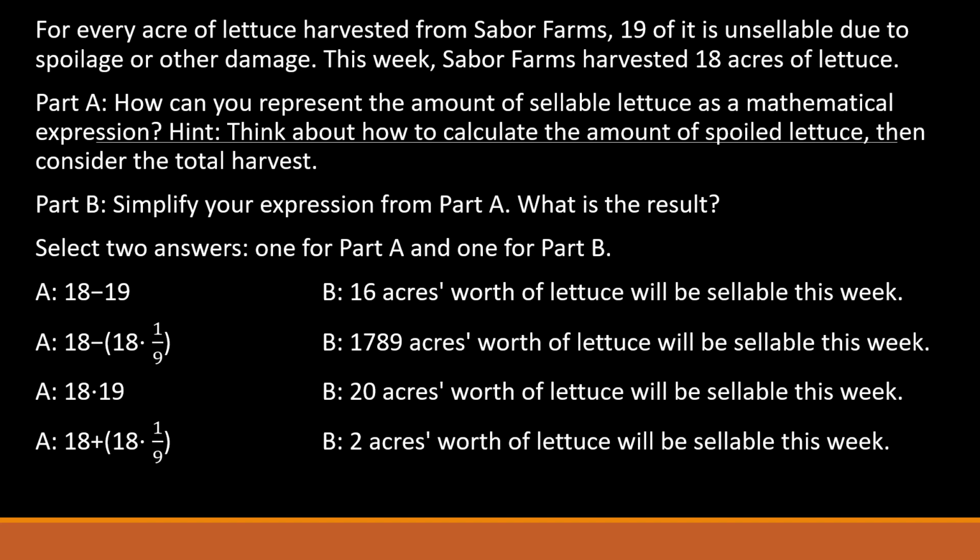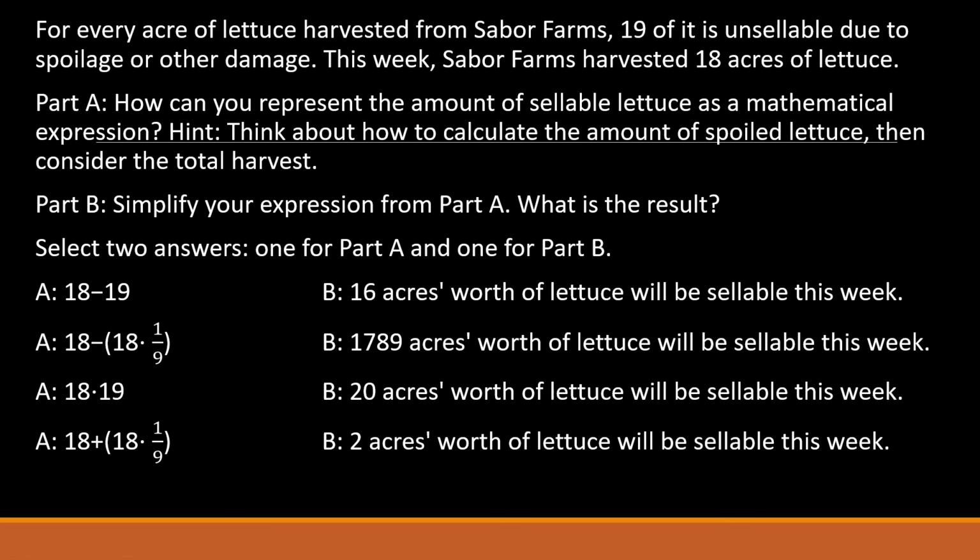19 of this harvest is unsellable, 19 acres, and 18 total acres were able to be harvested. Okay, so 19 not harvestable, 18 is harvestable. We want to know what's the amount of sellable lettuce. Okay, well, if we think about it,